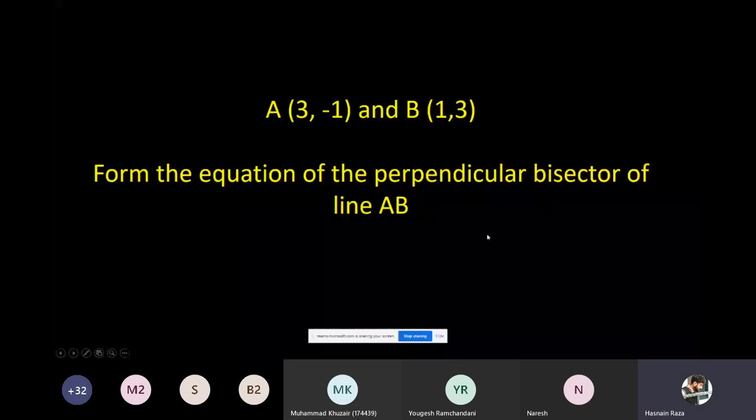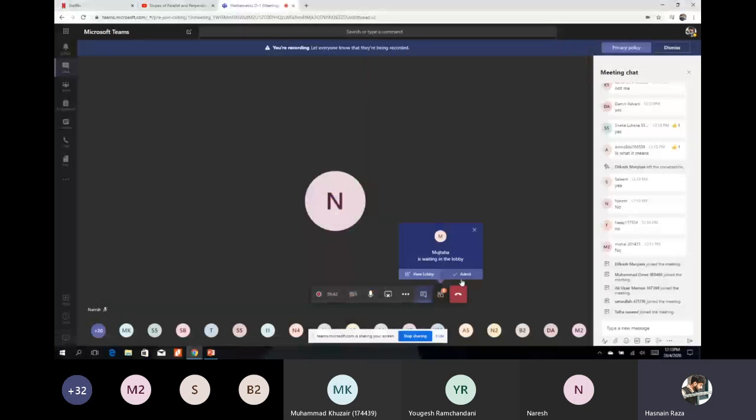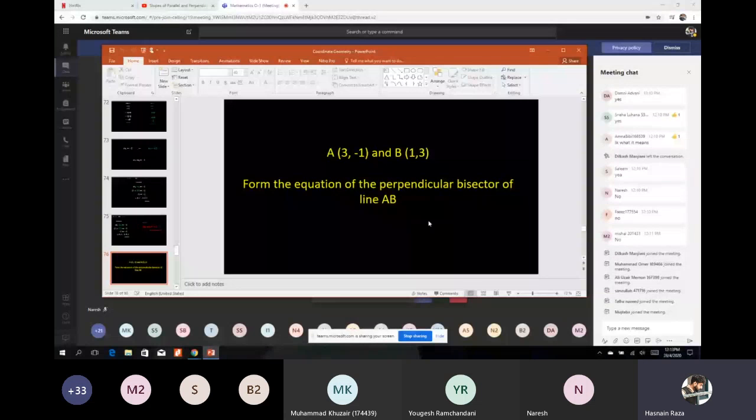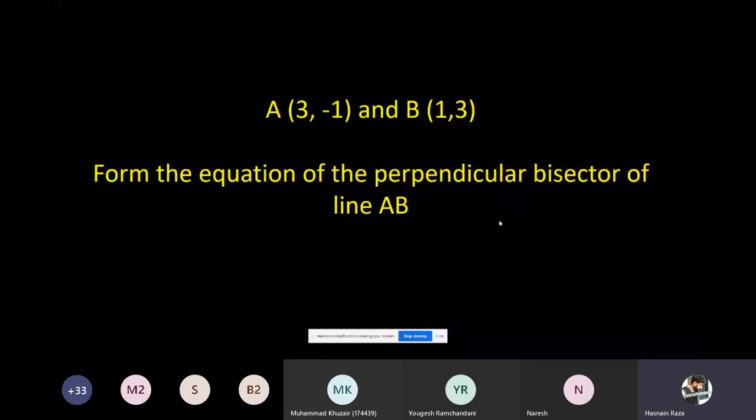The 2 points A and B are given. What we have to do is form the equation of the perpendicular bisector of the line AB. We do not have to form the equation of the line AB itself. Line AB की हमें इक्वेशन नहीं बनानी है, हमें एक ऐसी लाइन की इक्वेशन बनानी है that line is perpendicular